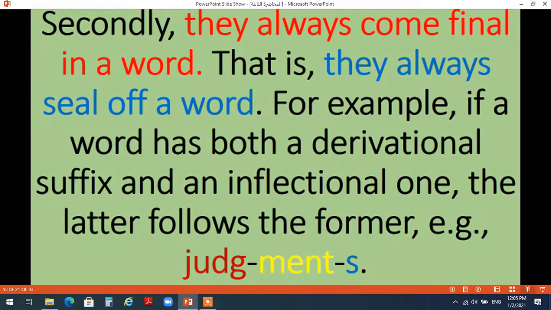Secondly, or the second characteristic, they always come final in a word. So the position of inflectional suffixes is always at the end of the word. That is, they always seal off a word, as if we close the word with them. For example, if a word has both a derivational suffix and an inflectional one, the latter follows the former. For example, the word judgments. When we have in the same word two suffixes or two morphemes, one of them is derivational and the other is inflectional,